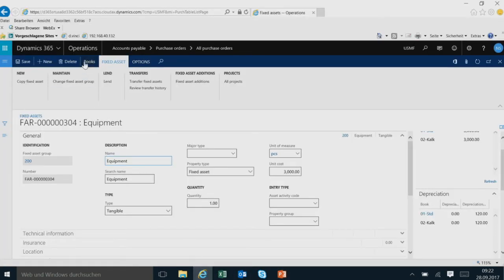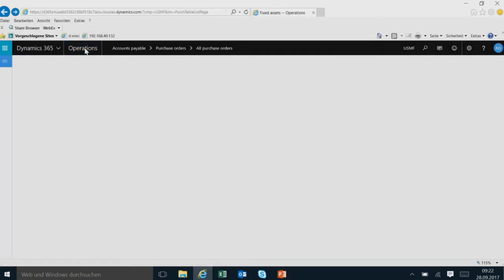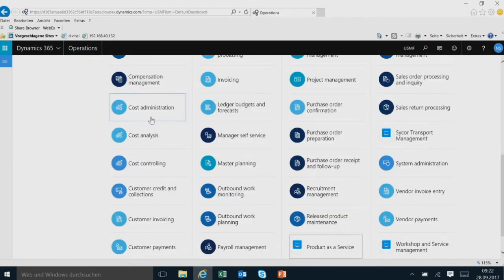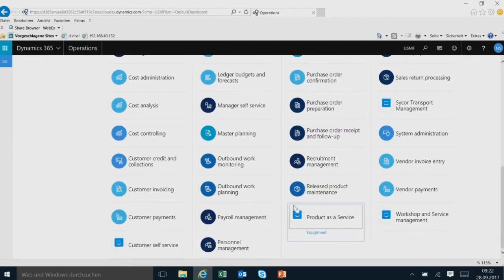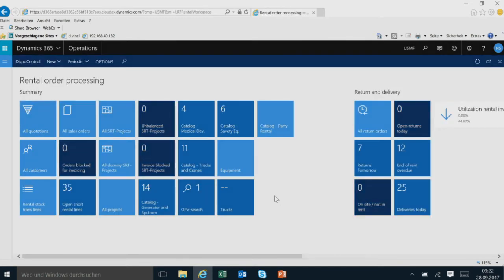To cover this scenario, let's go to the main page of operations, and here, in this case, the tile called Product as a Service. There are different ways to handle this. In some scenarios, you might want to use projects. This is especially true in B2B scenarios.